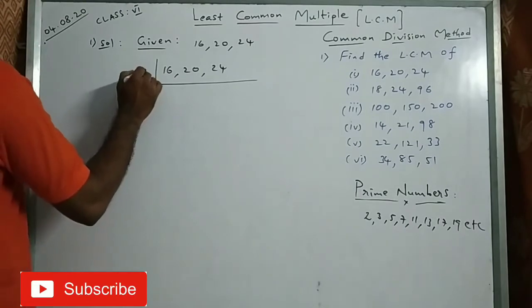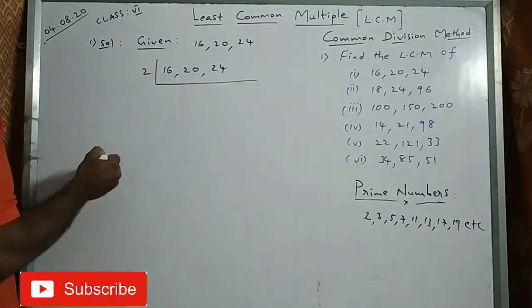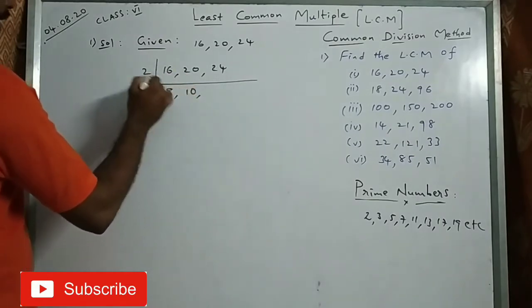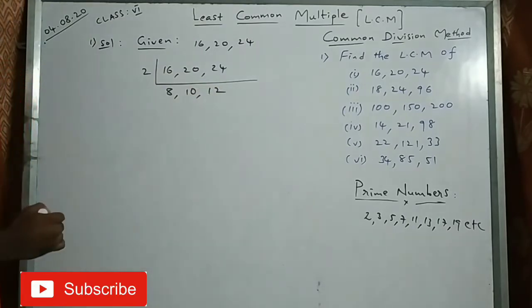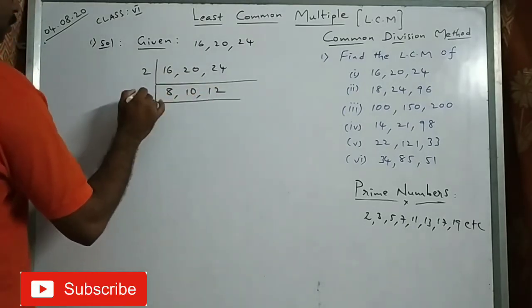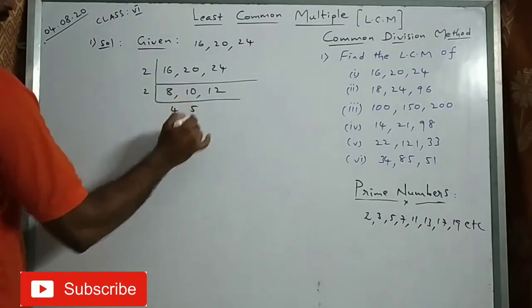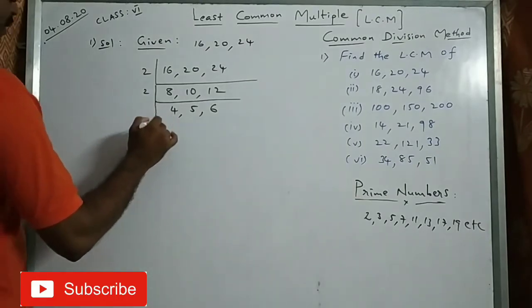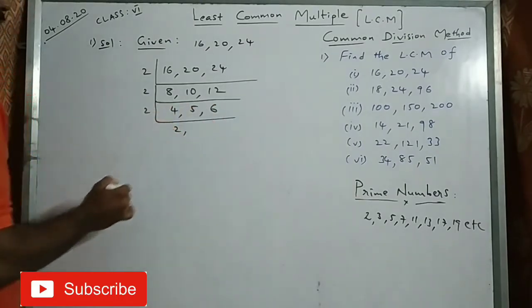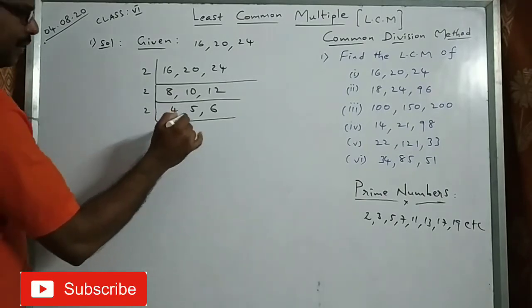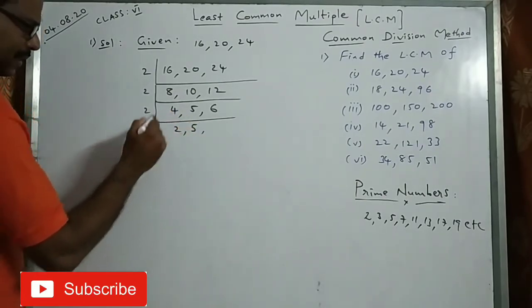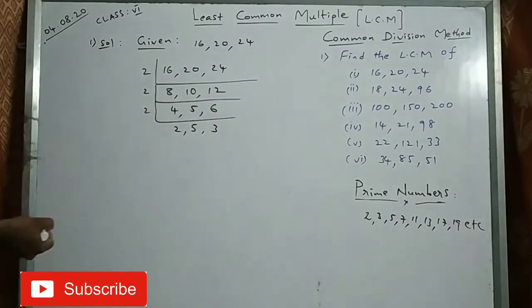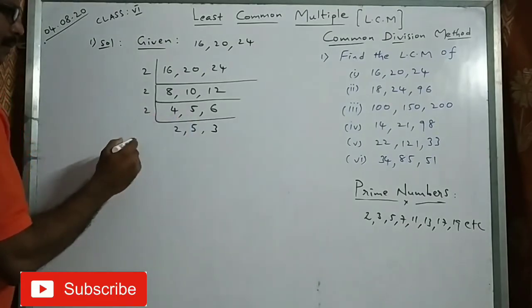See, these numbers have no other factor except 1 and itself. Okay, first I will take 2 here. 2 is a prime number, the least prime number and the even prime number. 2 8s are 16, 2 10s are 20, 2 12s are 24, right? So 2 4s are 8, 2 5s are 10, 2 6s are 12. Only prime numbers I am taking. Again 2 you can take, 2 2s are 4. This 5 will not go, so drop it as it is. 2 3s are 6. See, 2, 3, 5 are already primes, isn't it? So no other number will go.